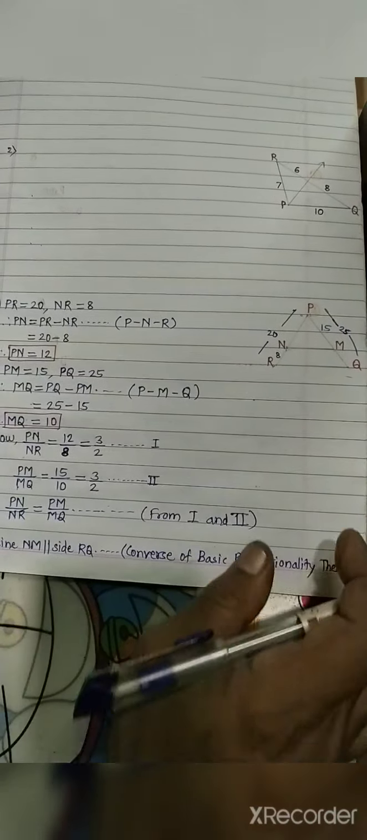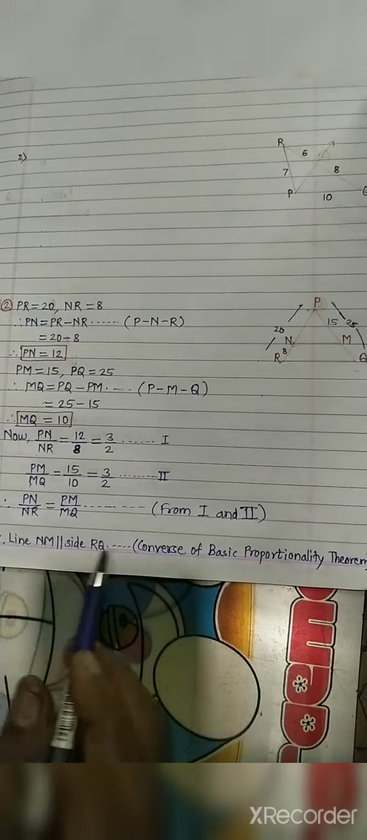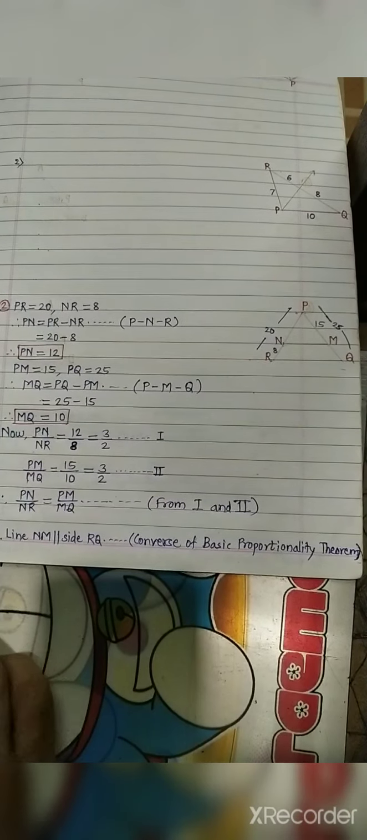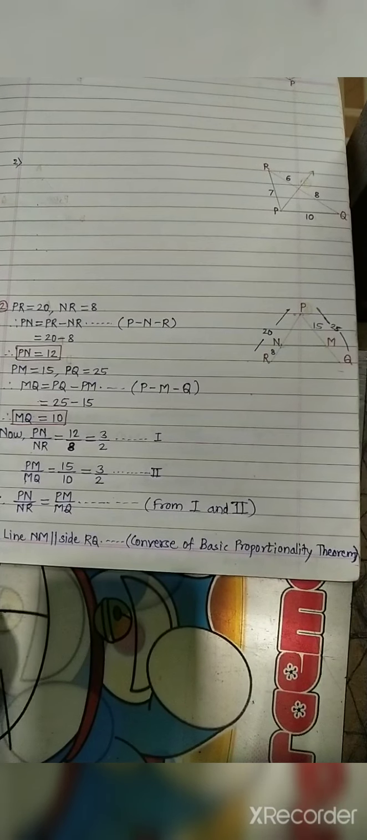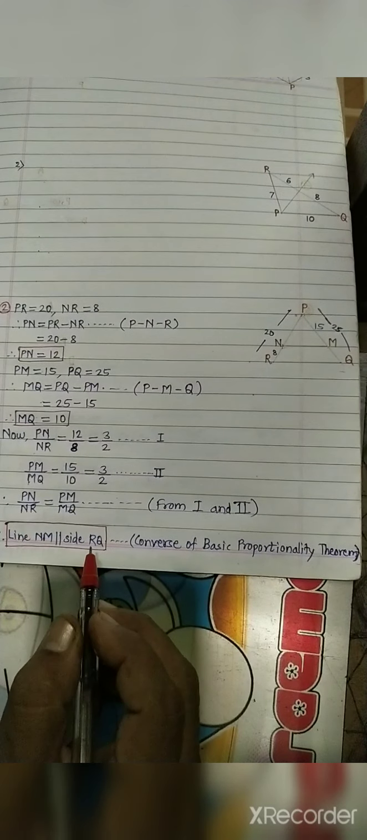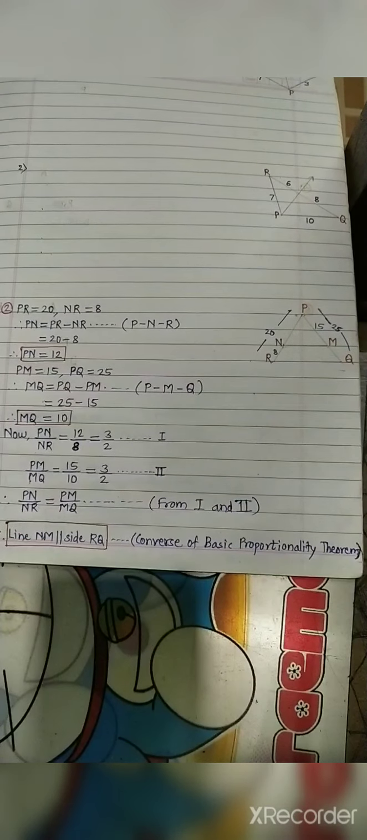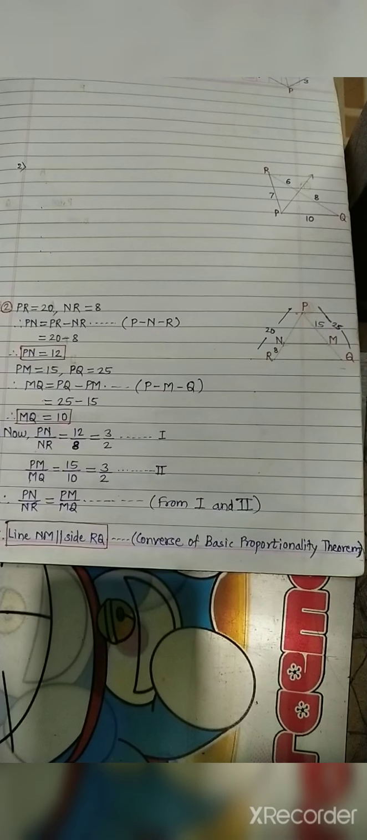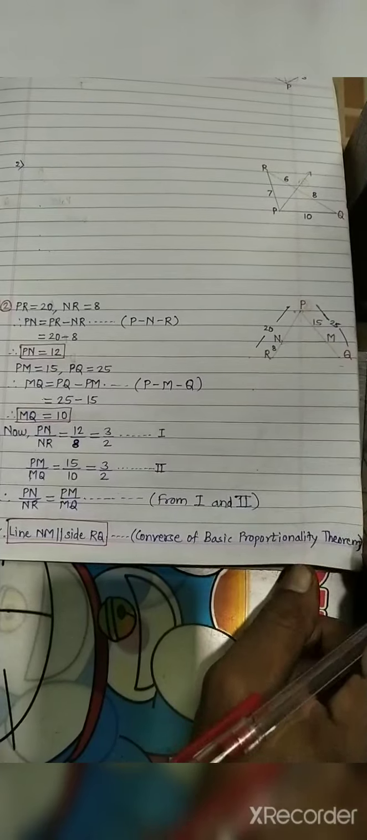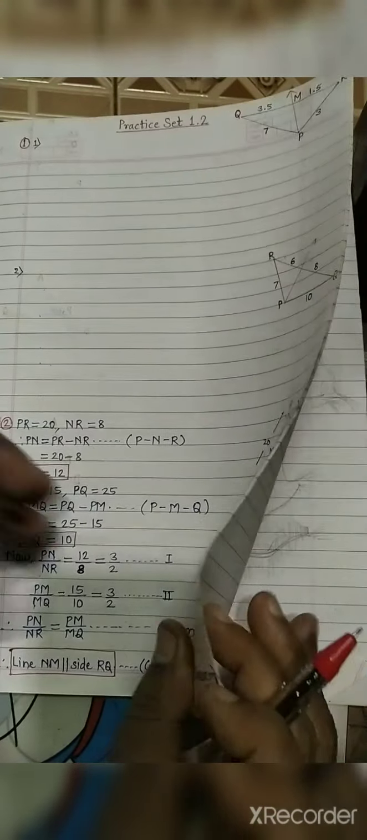The reason is converse of basic proportionality theorem. So in this way we have solved our second example in practice set 1.2 with the help of converse of basic proportionality theorem. Okay, now we have to solve